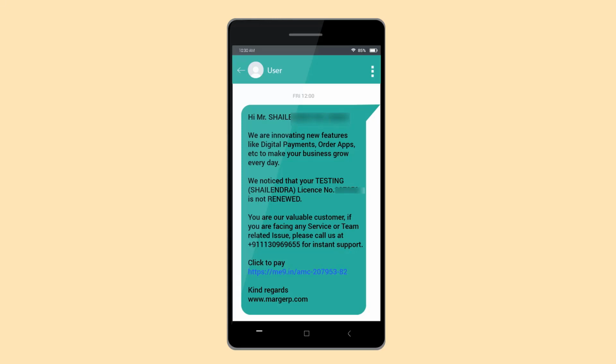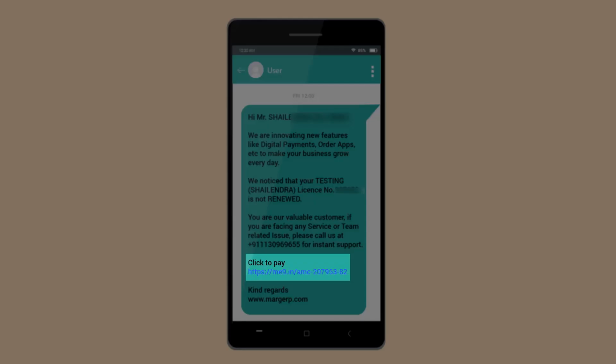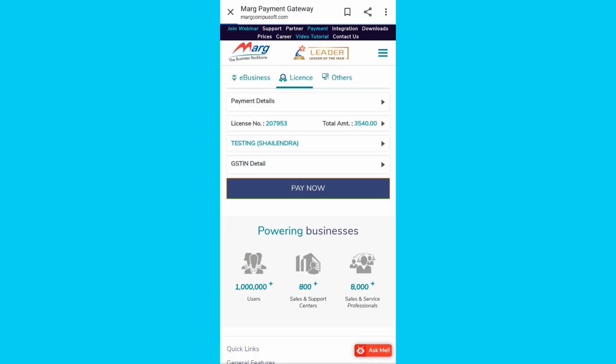Now we will see that how you can renew Mark license through SMS. In case of SMS, when you will receive a text message for the renewal of license on your registered mobile number, then you have to simply click on the given click to pay link shown in the text message. Then from this, you will directly switch to Mark Gateway window, where the required details related to license renewal will be autofilled.